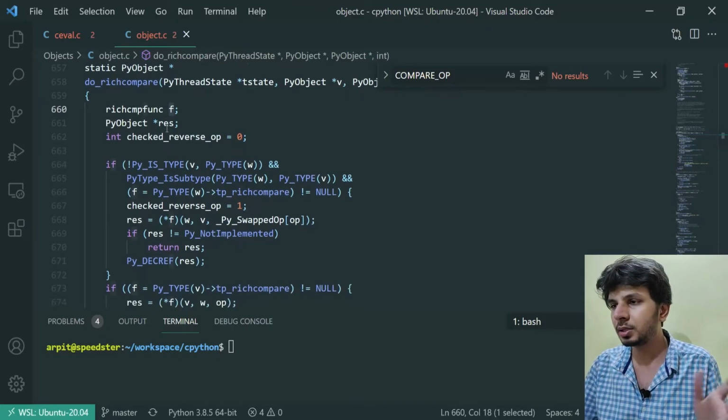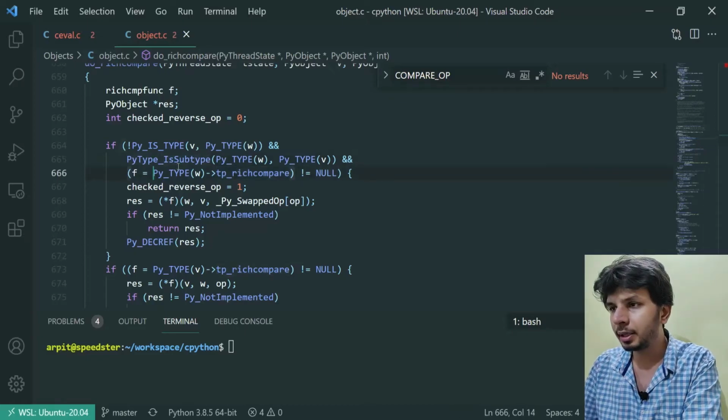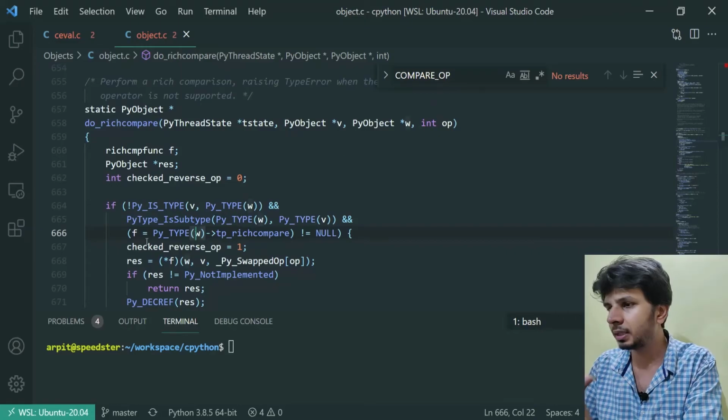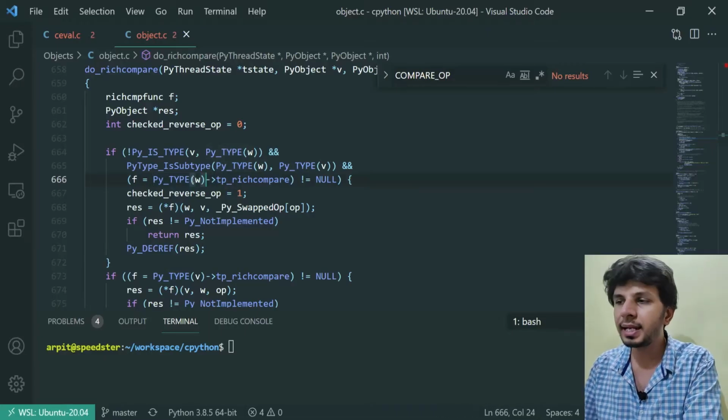Let's see if this is true or not. Here it is. For one of the operands, let's say over here it picked w, it got its type, and then it does an arrow.